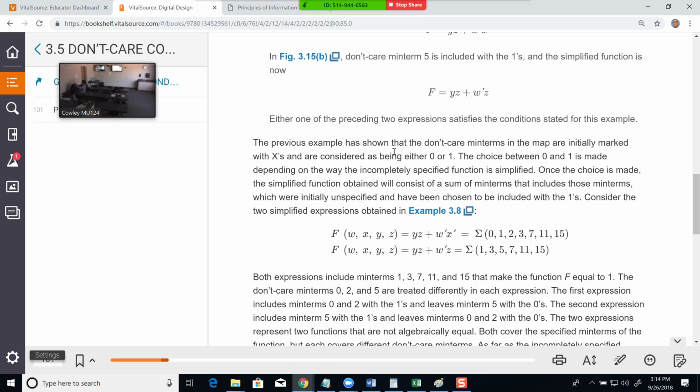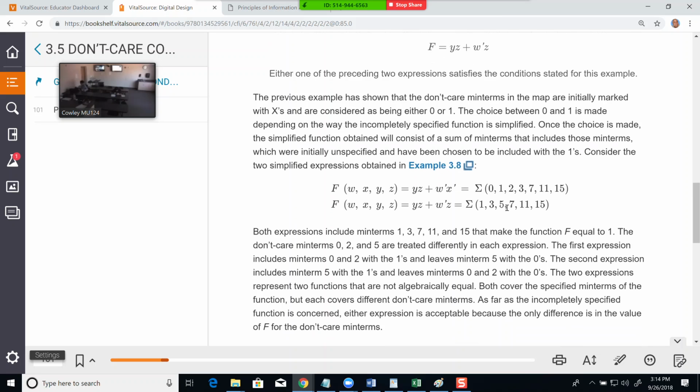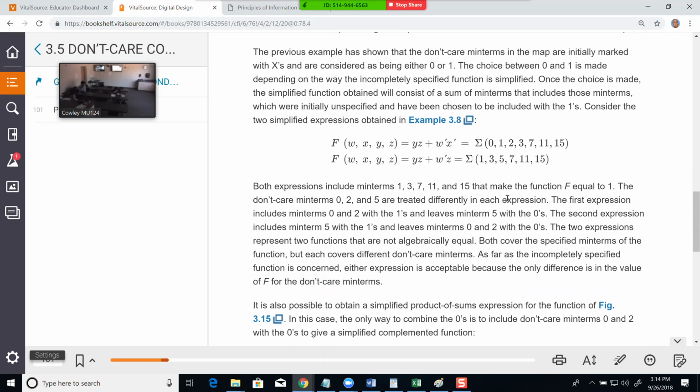The previous example has shown that don't care minterms in the map are initially marked with X's and are considered as being either 1s or 0s. The choice of 0 or 1 is made depending upon the way the completely specified function is simplified. Once a choice is made, the simplified function obtained will consist of a sum of minterms that includes those minterms which were initially unspecified and have been chosen to be included with the 1s. And they give you